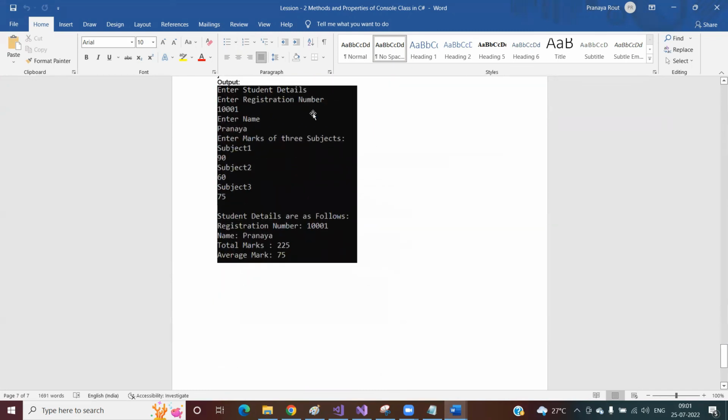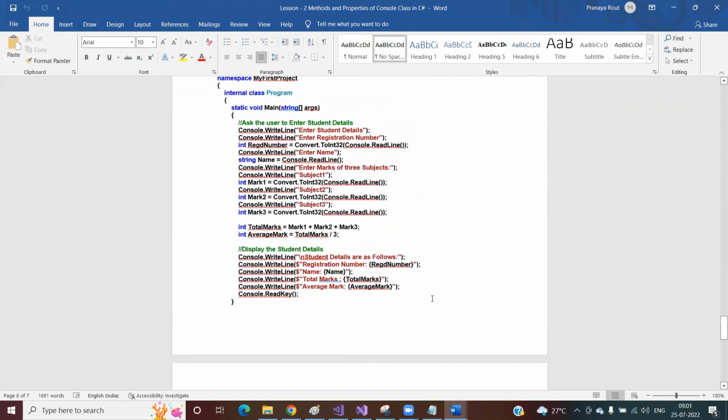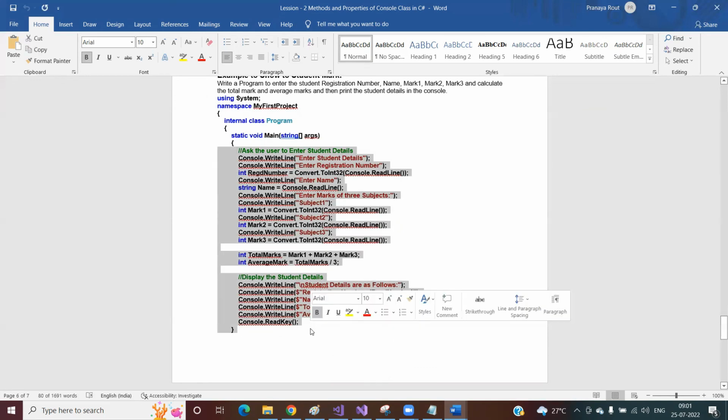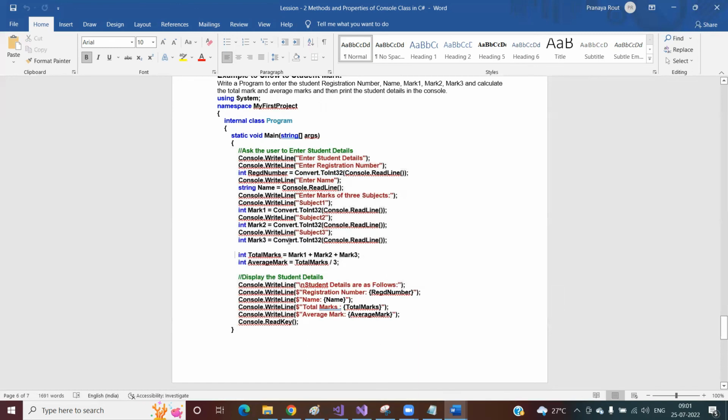Enter student registration number. I will be able to enter the registration number, name, and the marks of 3 subjects, subject 1, subject 2, subject 3. Then I need to calculate the sum of these 3 numbers and the average mark. After calculating, I need to display it like this. Registration number is this, name equal to this, total mark is this, and average is this. This is a task, or you can say an assignment, for you. So before looking at the code, you just need to try this on your own, right? If you are facing any difficulty, then you need to look at the code. Otherwise,